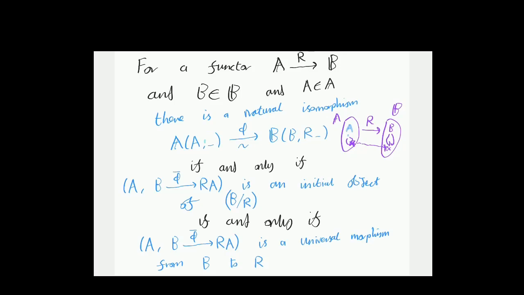So what? Well, basically, it turns out that this condition here is really just equivalent to saying that we have this general kind of universal morphism. I haven't gone over the definition of a universal morphism in this video. You can see my video on universal properties for the definition, but basically I'm saying that this condition here is equivalent to saying that